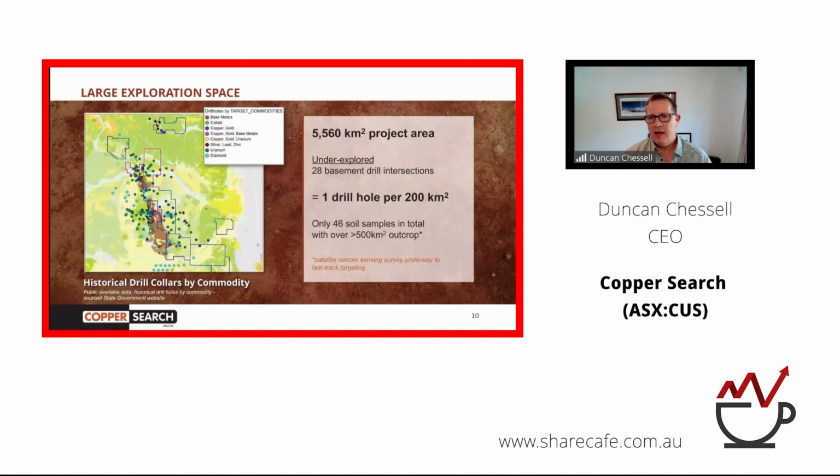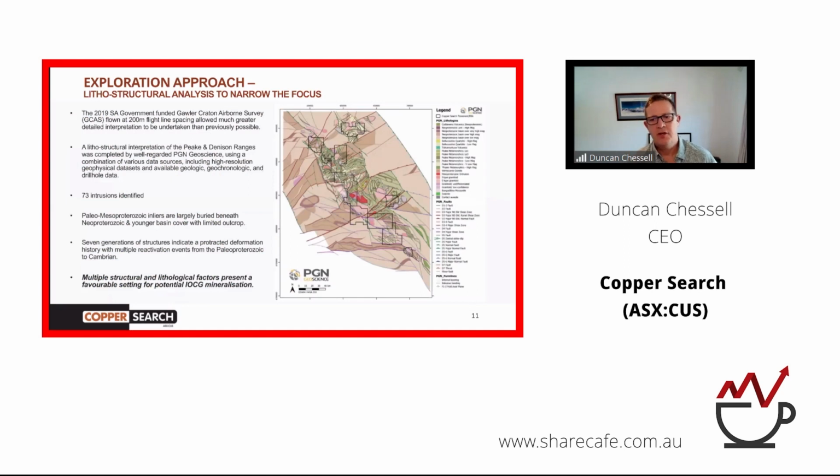As I said, we've only got basement intersections, one drill hole per 200 square kilometres. So it is a wide open space, a lot of room to make discoveries. And we said, well, how are we going to explore? We've got 5,500 square kilometres of project area. What is our targeting methodology going to be? So next slide, please. So we went and worked with the PGN geoscience guys out of Monash, who have worked